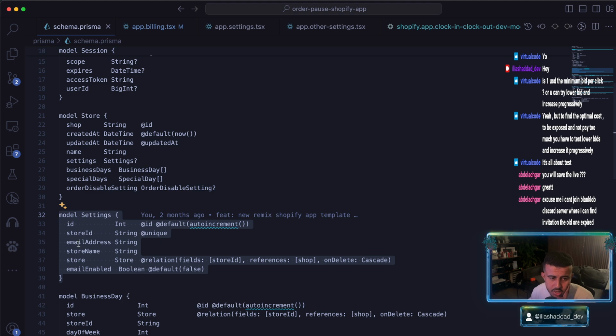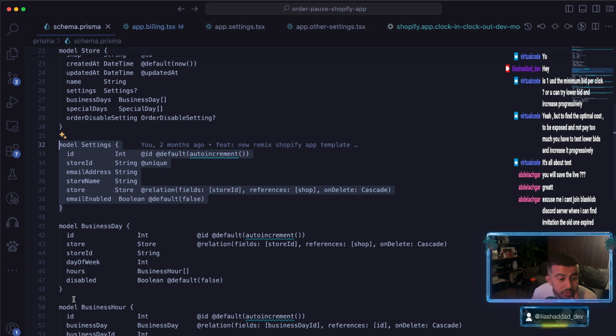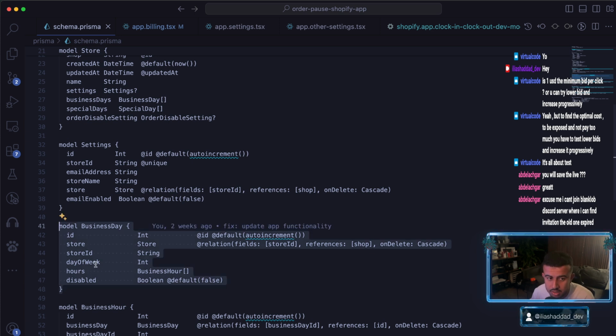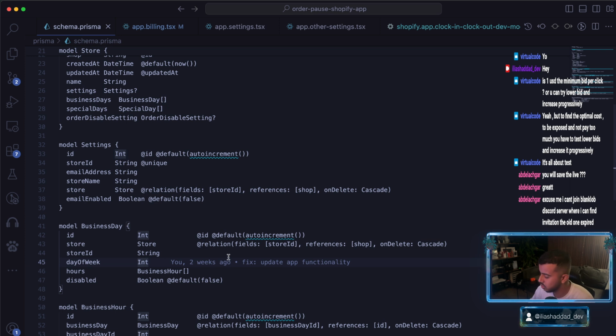But yeah, it's there. We are currently not using that in the Shopify app UI, but it's already configured. We have the business day, so each store can have multiple business days, and you will have the ID, which will auto increment. We have the store, so we link to the store, and we have the day of the week. It will be an integer,